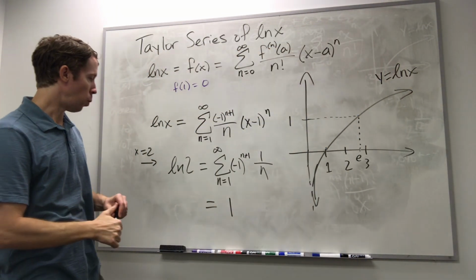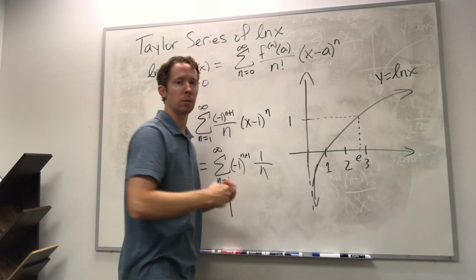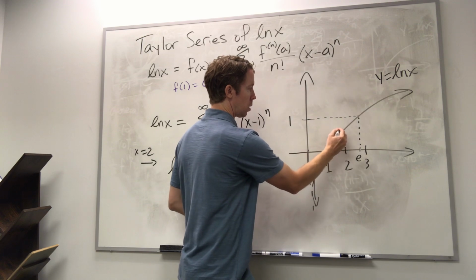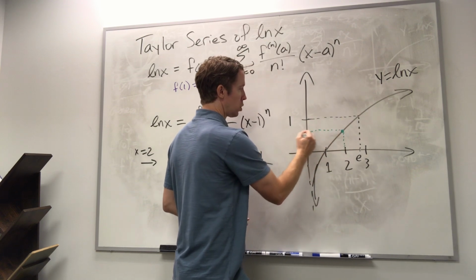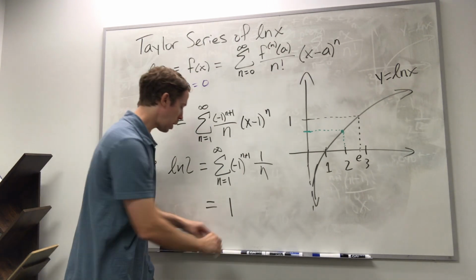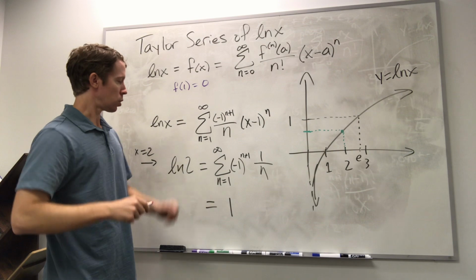So now, when I look at natural log of 2, that means I'm here on the graph. It should be this value. And notice, when I'm approximating this, I'm starting at 1. So,